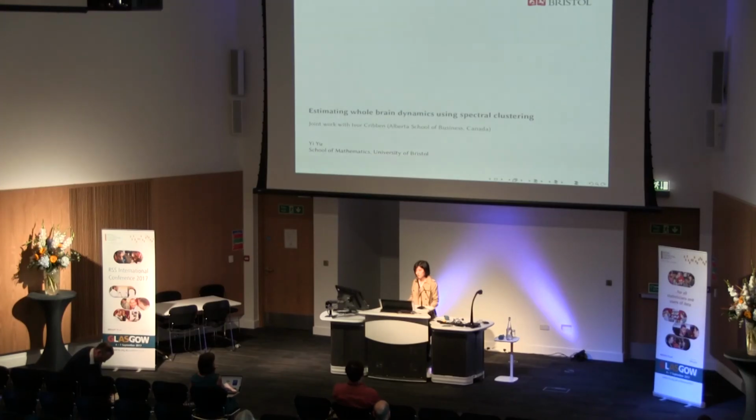And again, this is a paper in the special issue of JSSC on networks, and the title is Estimating Whole Brain Dynamics Using Spectral Clustering. This is a joint work with Ivor Cribben, who is an assistant professor in the Alberta School of Business in Canada. Maybe I'll start this talk by commenting on one of the questions the previous speaker got asked